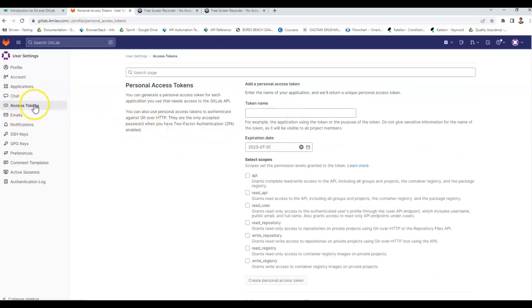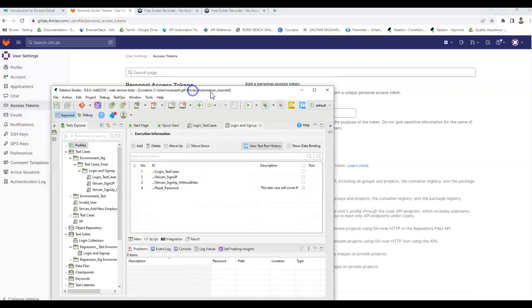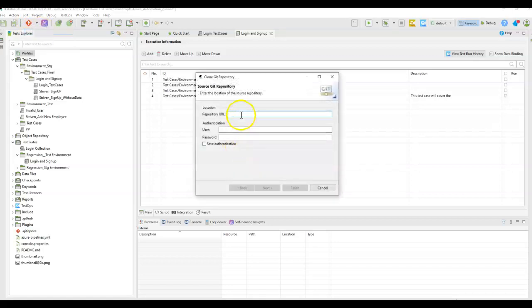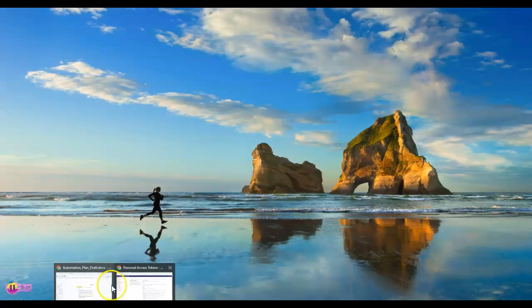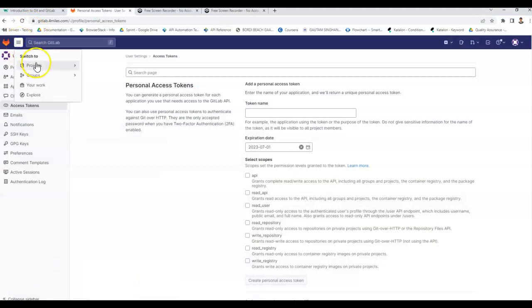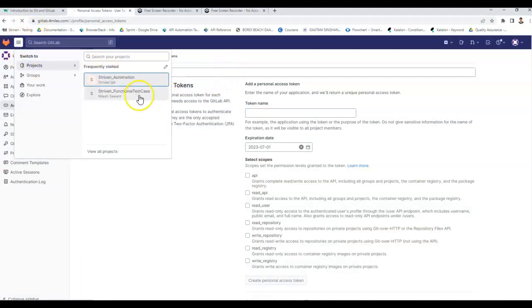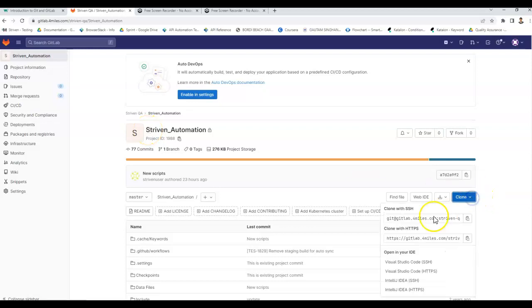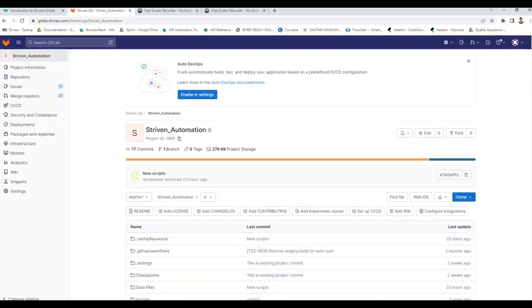Once the access token is generated, we can go to Katalon Studio, and here we have the option to clone the Git project. When we click on this, we have to provide a Git repository URL. To get that URL, we can go to the projects and select the project that we want to clone. This is our base project that we have created, and we are storing all the scripts. And here is the URL, Clone with HTTPS. So copy this URL and